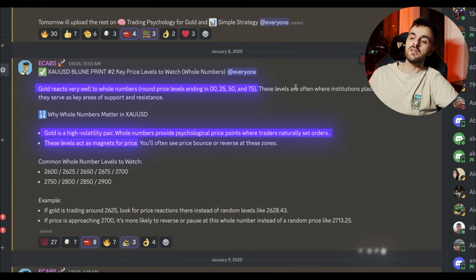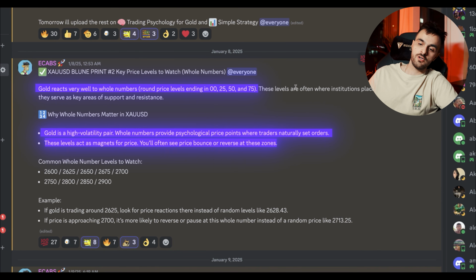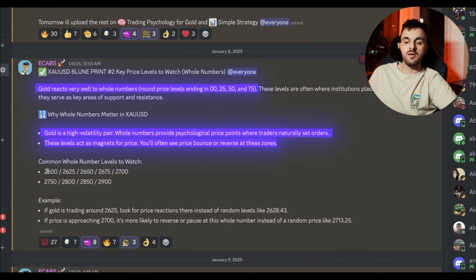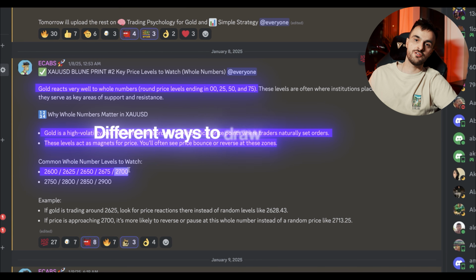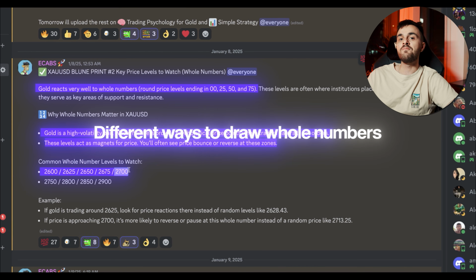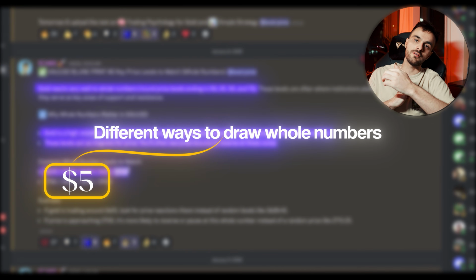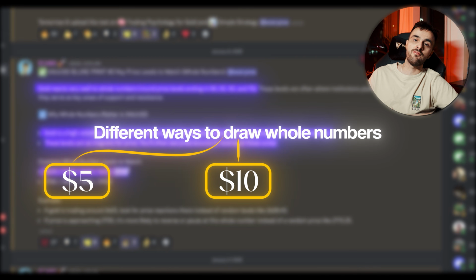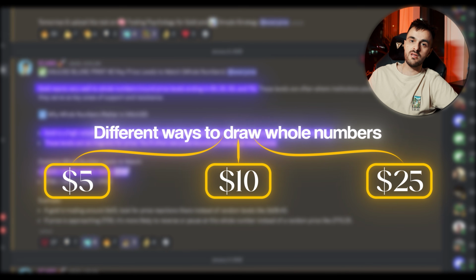So you'll often see, one thing to note down, because we're gonna go over this on the charts as well, you'll often see price bounce or reverse at these zones. Common whole numbers and examples would be like 2600, 2625, 2650, 2675, or 2700. So there's different types of ways to draw the whole numbers. Number one is every $5. Number two is every $10. Number three is every